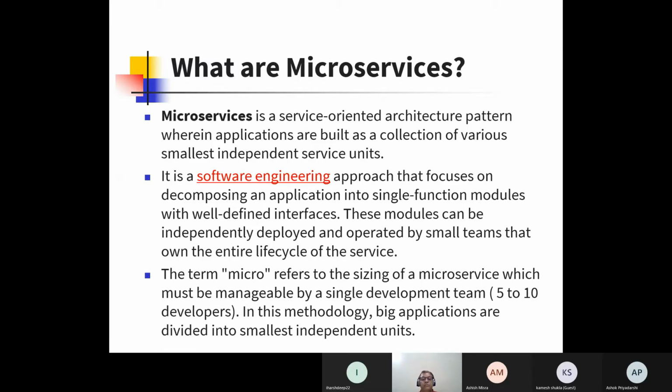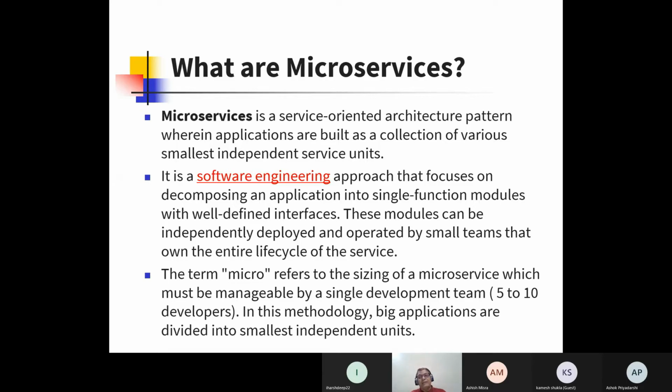Independent service units. In a nutshell, one application is broken into many sub applications. If we want to understand in one line, rather than confusing ourselves with different words, one large application is broken down into several sub applications.